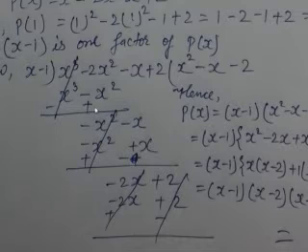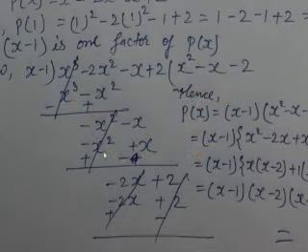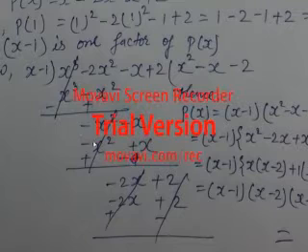Now always when you are multiplying, you have to see the first term of the dividend and the first term of the divisor, and multiply so that it gives the first term of the dividend. So x into x gives x square. Since you have to reduce it, if it is plus, it will be changed into minus, and it will be reduced. So whatever the sign is over here, with the same sign we bring it. As there was plus, here also we have brought plus. As here was minus, here also we have brought minus. You have to keep that in your brain.